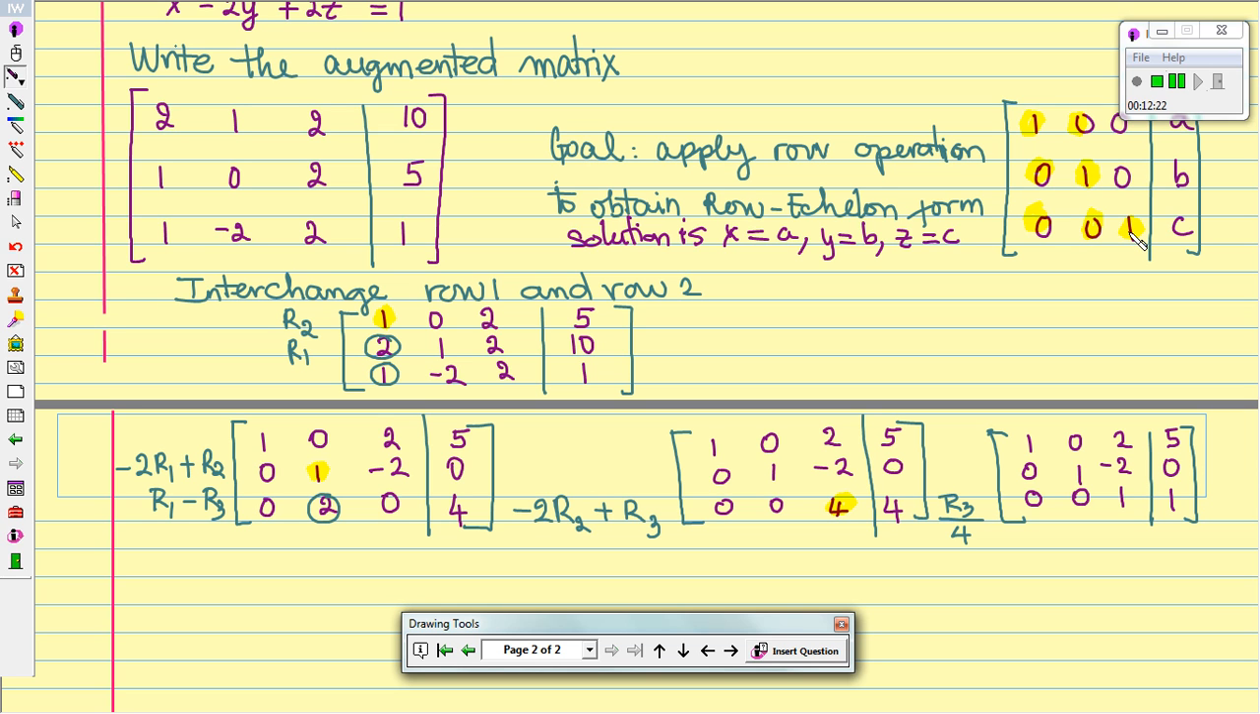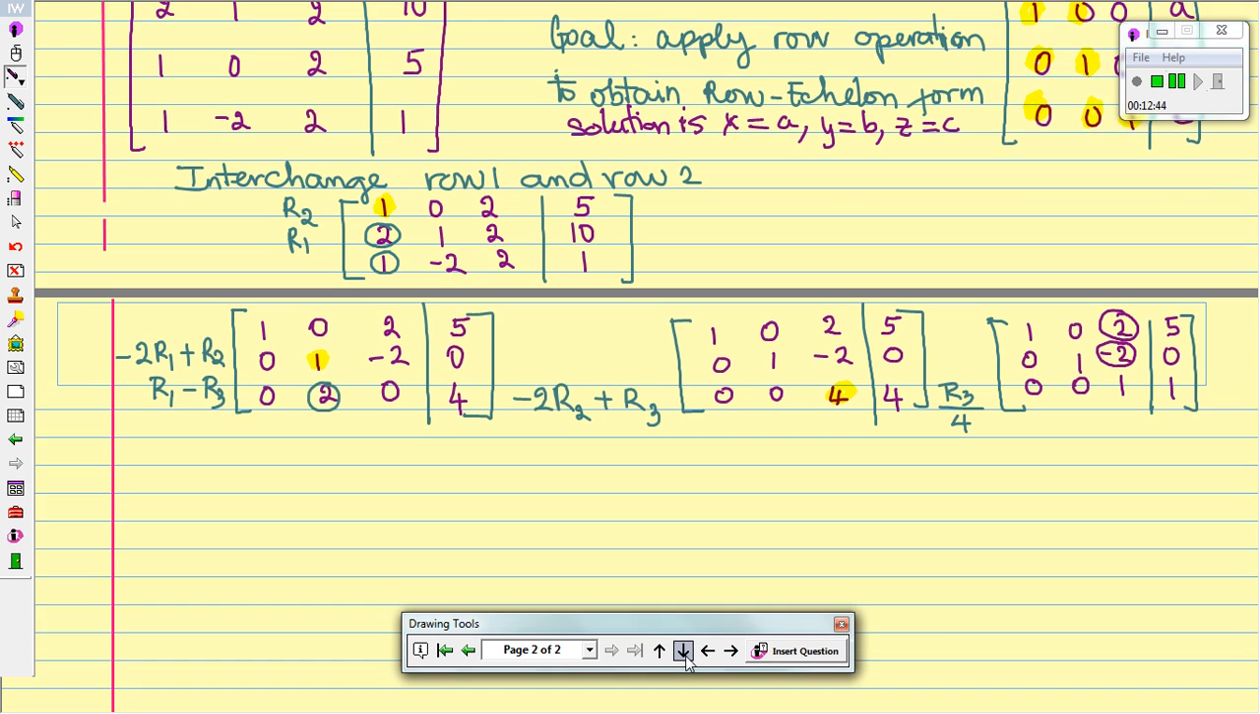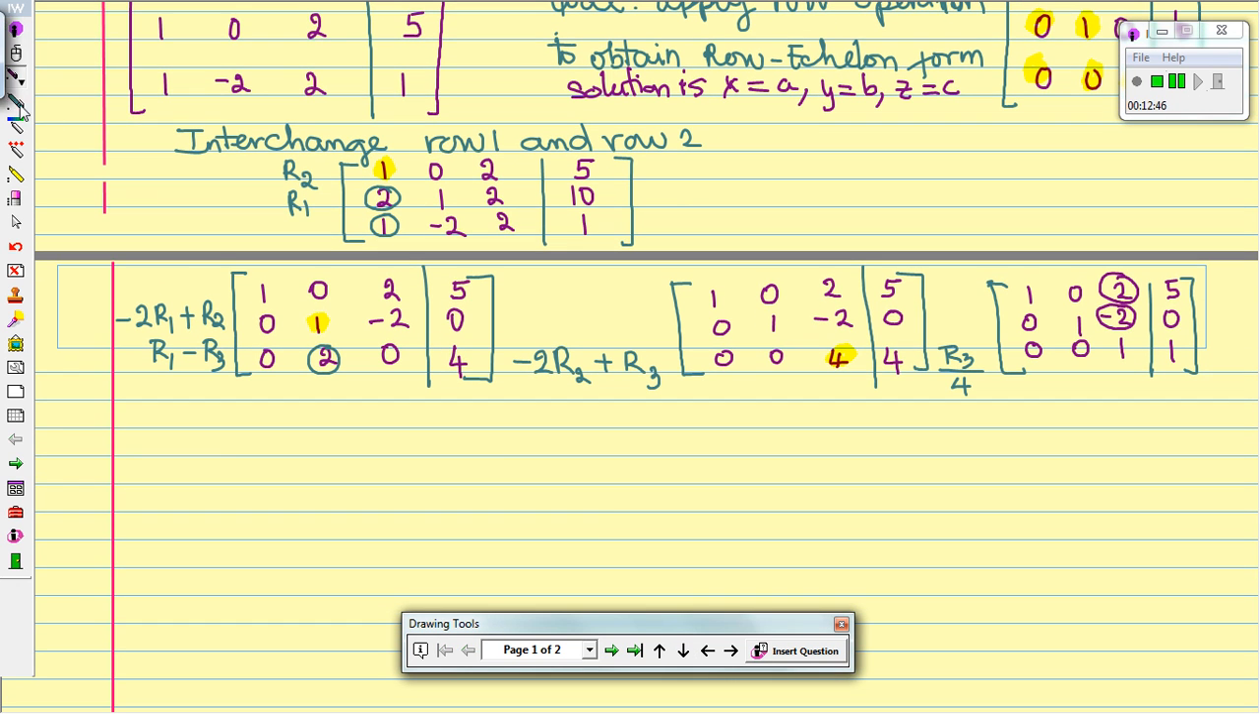Now we will have 1 in row 3, column 3. The next step that we want to do is get zeros for the rest of column number 3. So we want to get a 0 here and here. Okay, I'm going to circle this. So that will be the goal. Move the paper up a little bit. So let's begin with